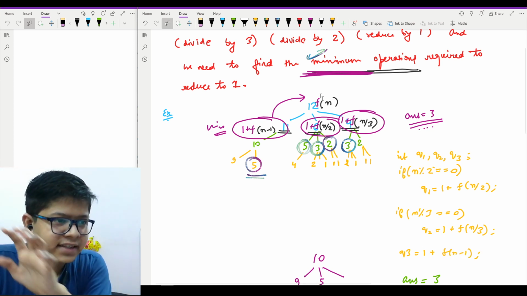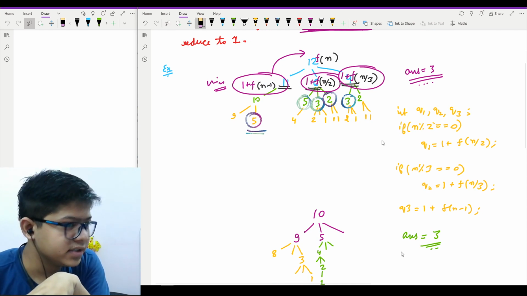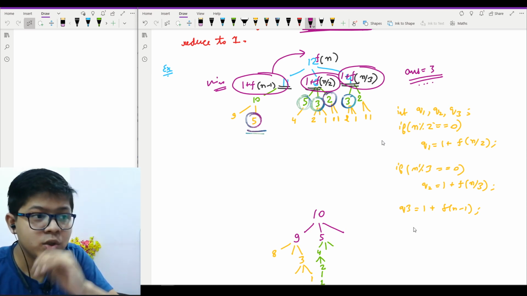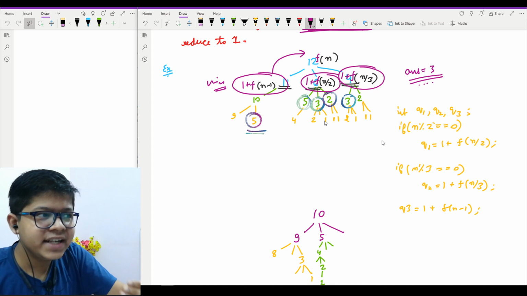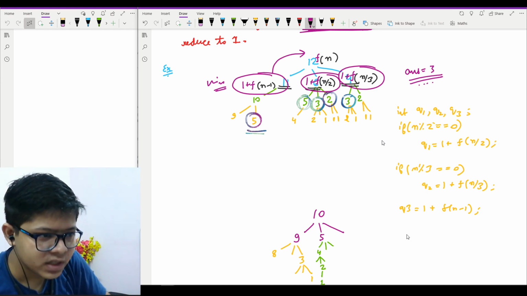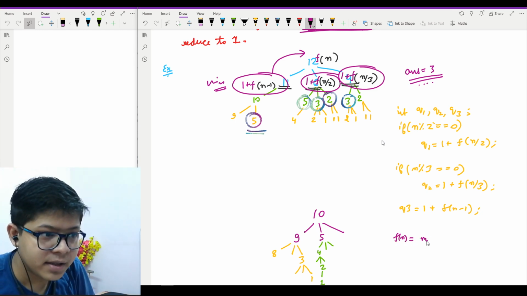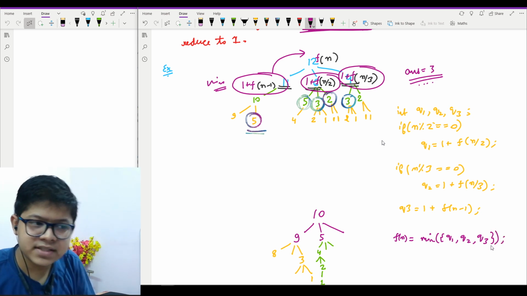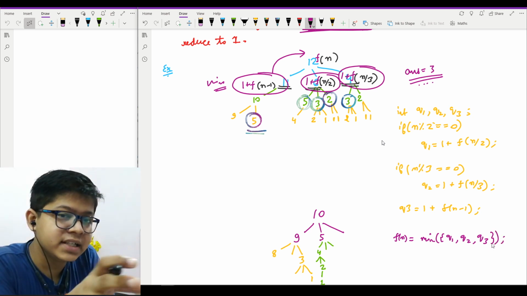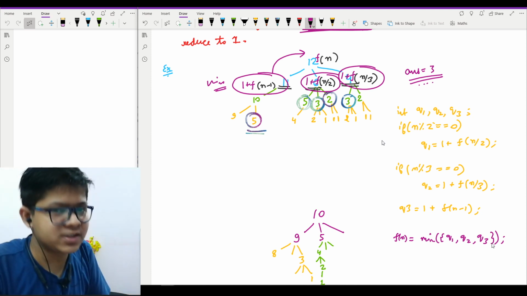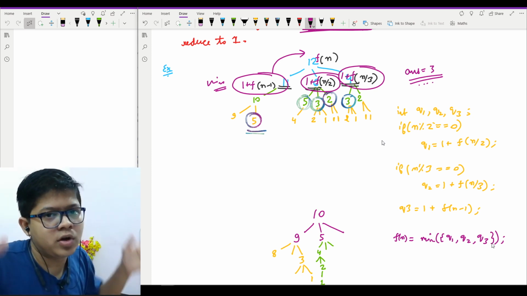Then as I said, I have actually obtained my q1, q2 and q3. Now what I need to do is return the minimum of q1, q2 and q3. So my f of n would be nothing but the minimum of q1, q2 and q3. In C++, many people write minimum of q1, q2 and then write minimum again with q3. So in C++ you can write like this also if you want to have the minimum or maximum for more than 2 elements, right?